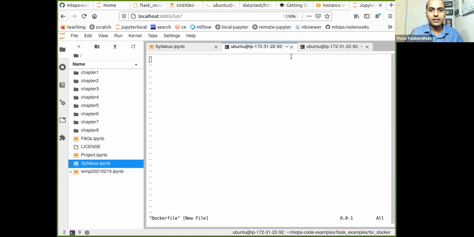Let me see if I have a Docker file handy. The torch-based one. I think I have it somewhere. I'm trying to find it.